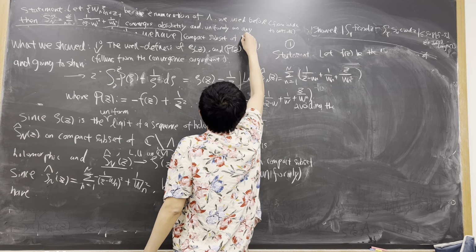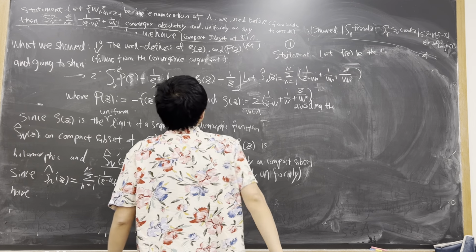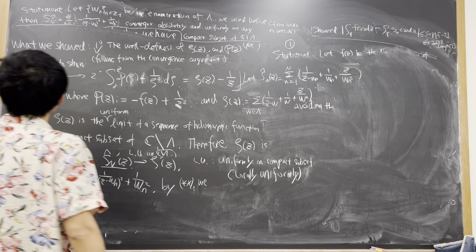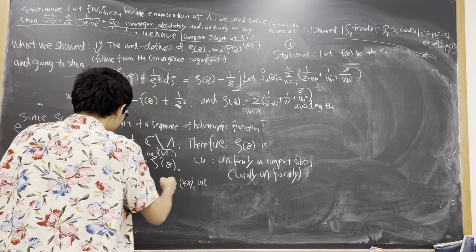Yeah, it should be C minus wedge, but maybe I forgot to denote the C minus wedge. So by this argument, we have that